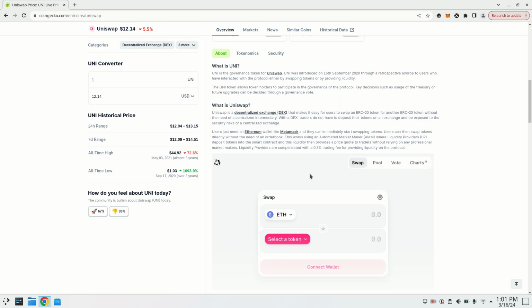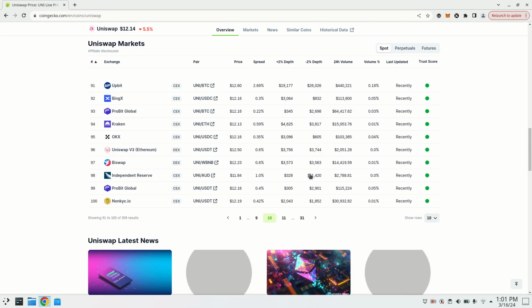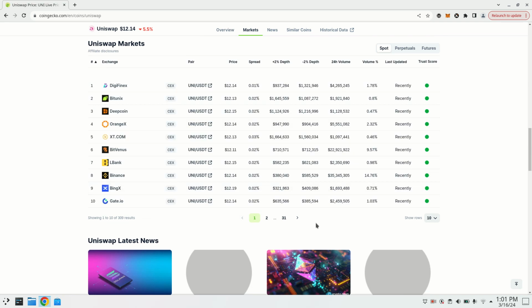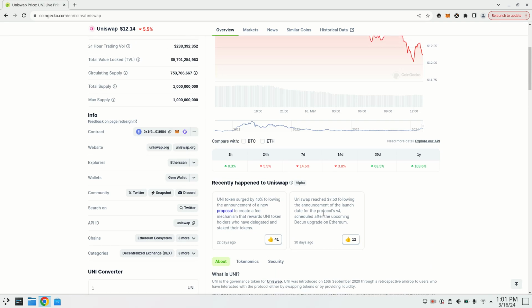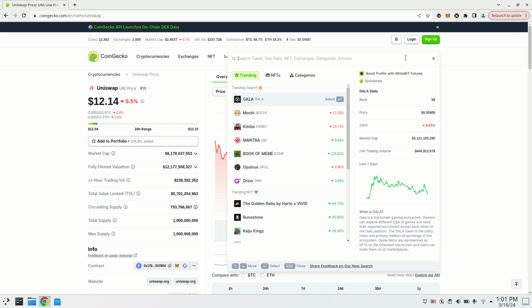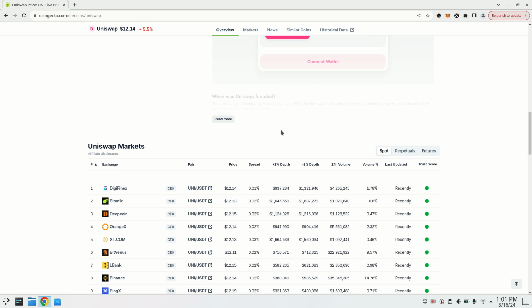But here we want to find out which chain Uniswap is actually on. So we just find out here, for example, for DEX. Here I think CoinMarketCap will come in handy.